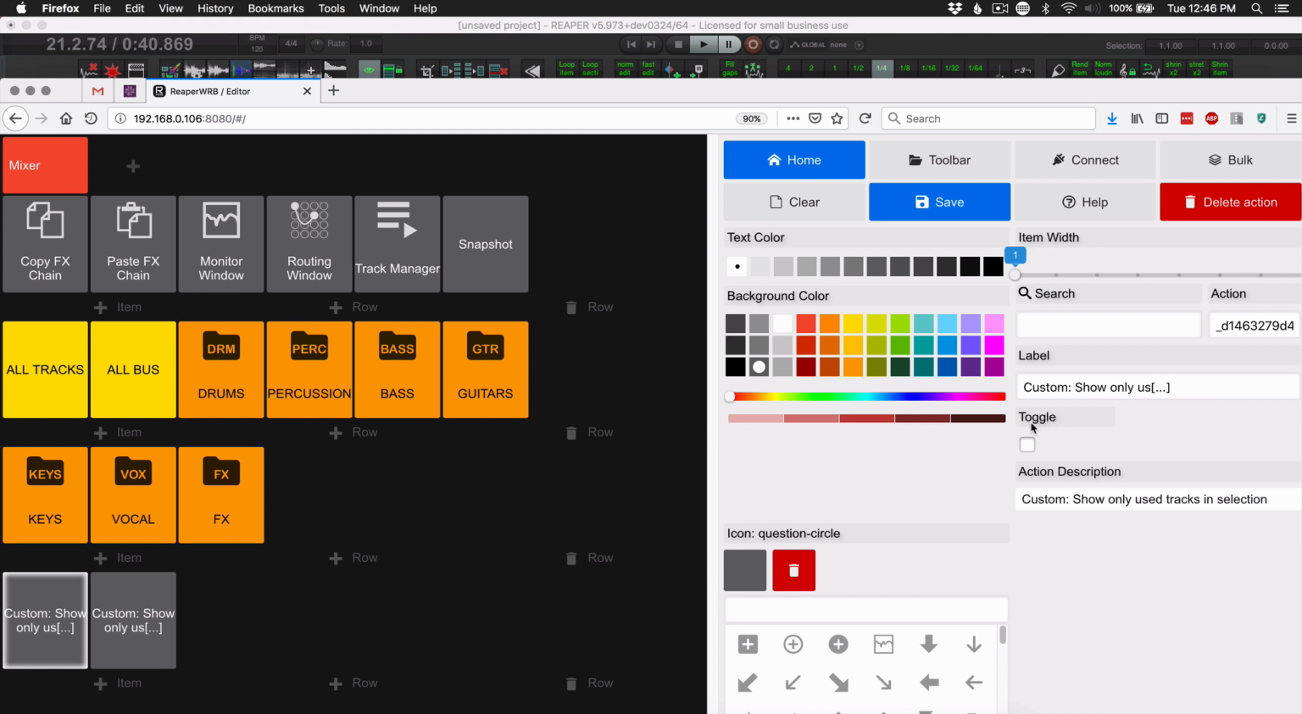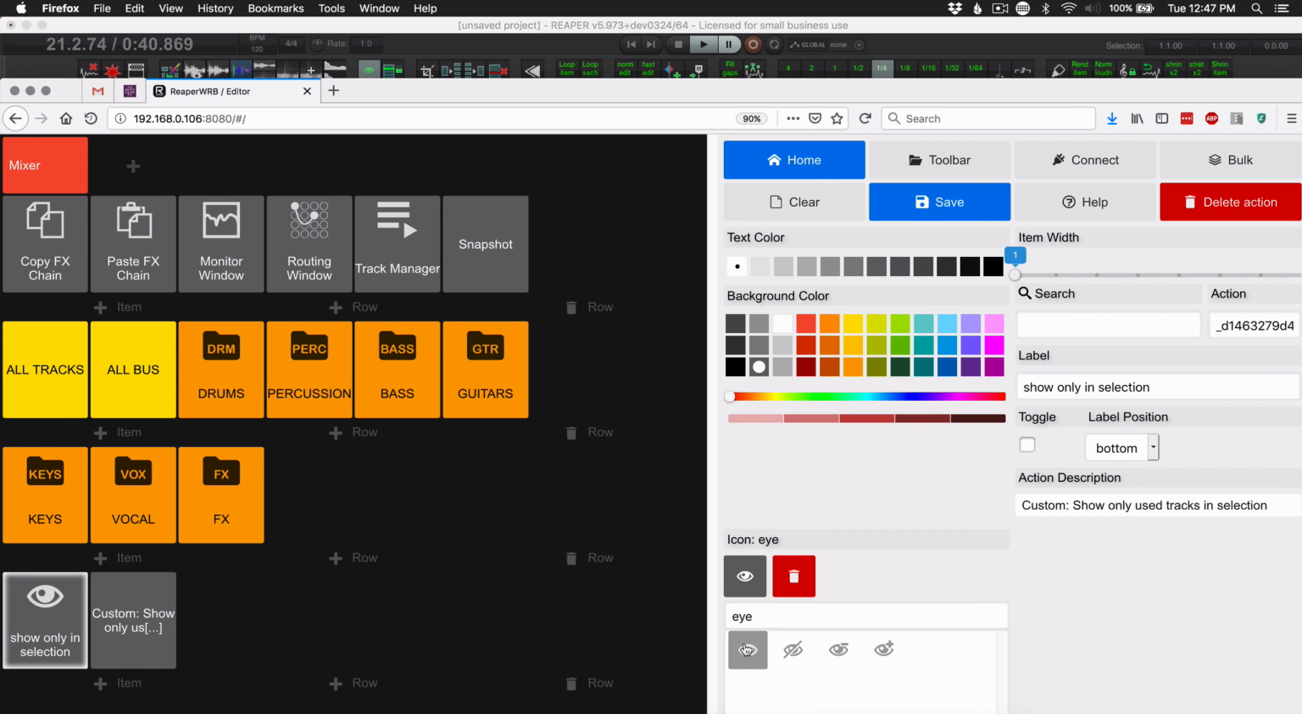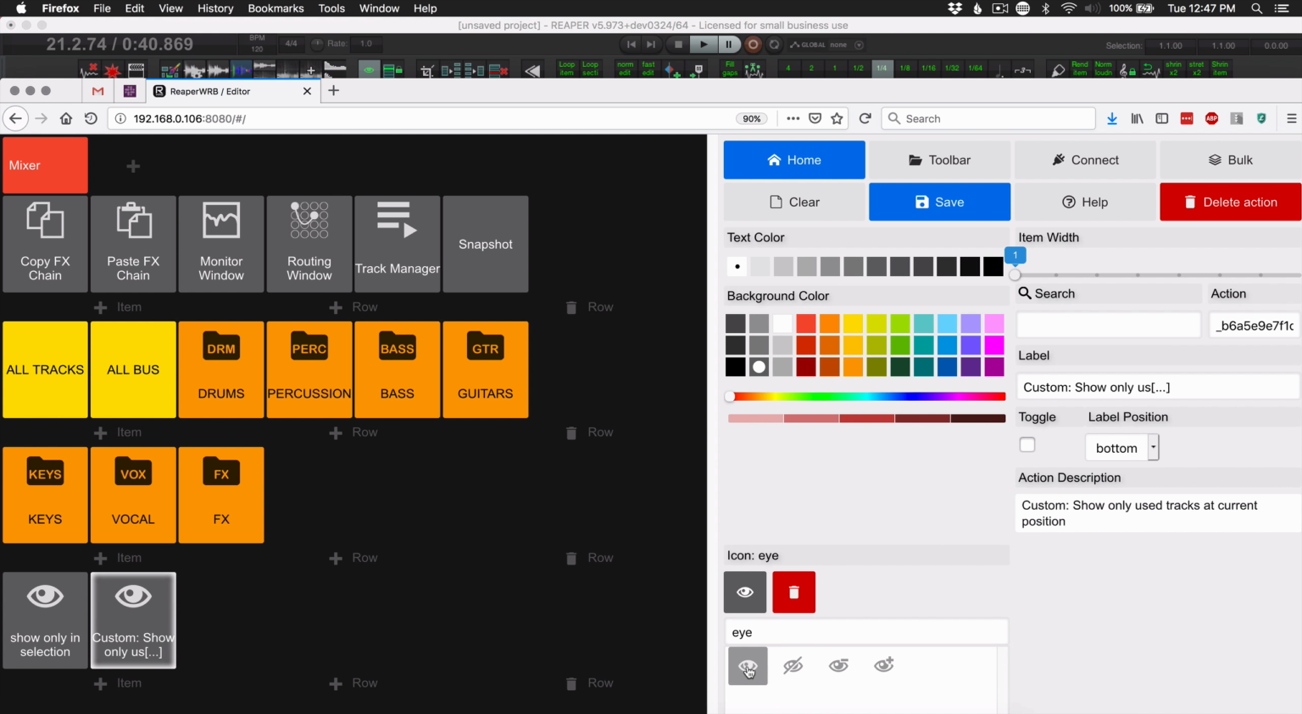We just need to rename these. So these are show only in selection. This actual function is only going to show me tracks in the project that have media items on them within the time selection. So I might do, I don't know, like an I or something like that. Let's do that for both of these. And this other action is for